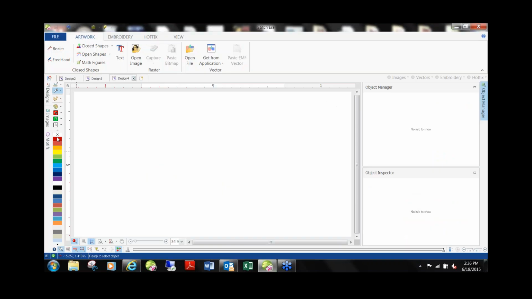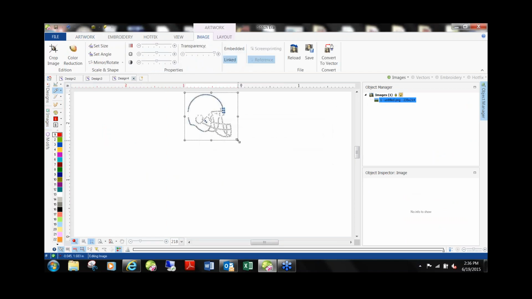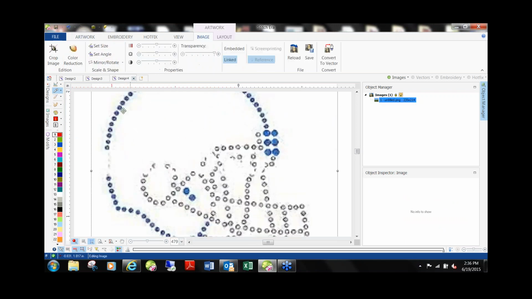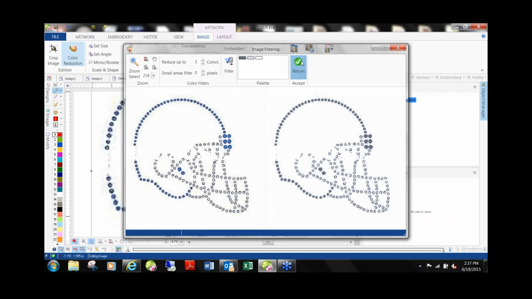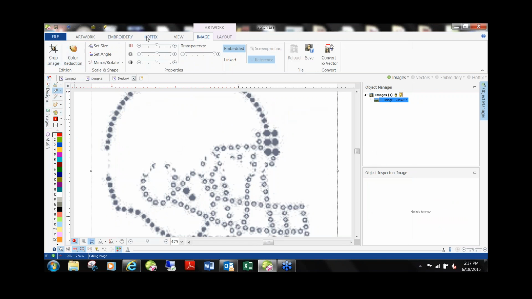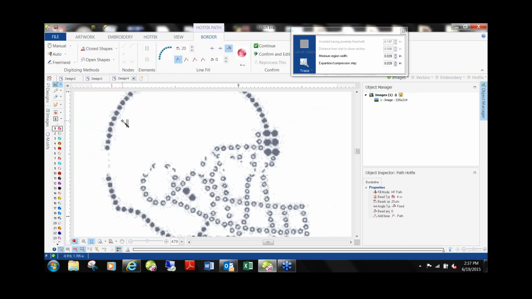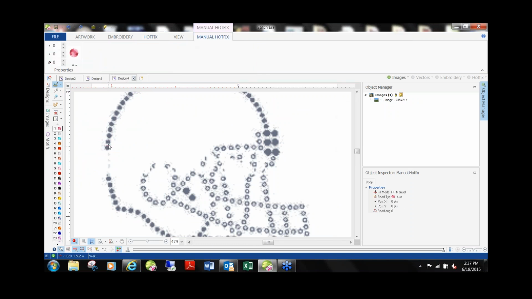And he wants to actually be able to bring this design in, and where every single stone is in this design, he wants a stone. And you can't do that because that's a graphic. Even cleaning up this image, color reducing this to the 2-3 colors that there are, when I click on HotFix and I choose my path line, it's only seeing that one stone. And even if I would convert it, it's going to put a bunch of stones around the shape of that circle. The only way you would have to do this is through manual HotFix, one stone at a time,